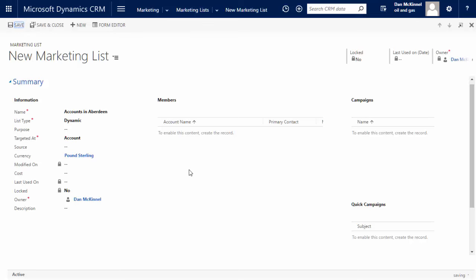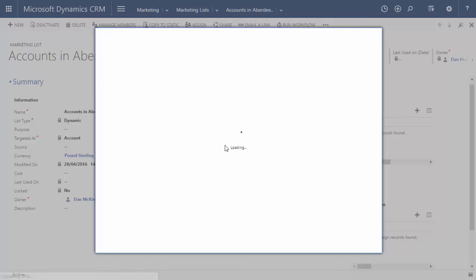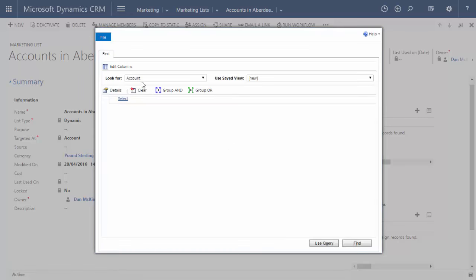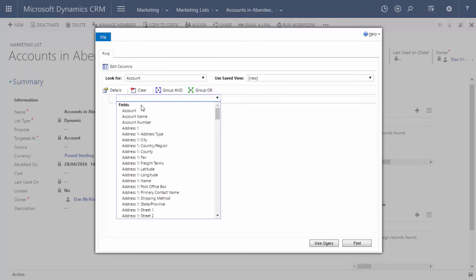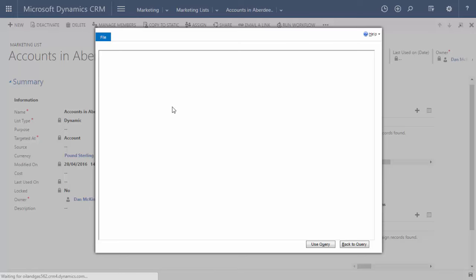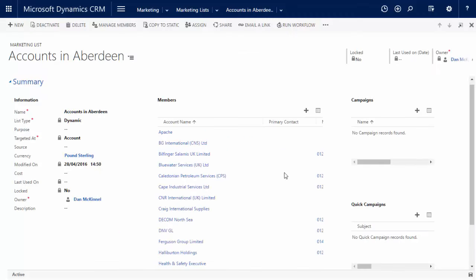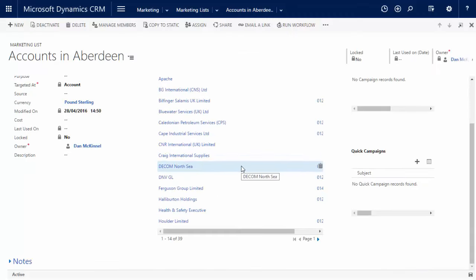So I've created my list. I'm going to manage the members of this list, and I'm going to say this list is made up of accounts where the city field equals Aberdeen. Simple as that. Hit find. It'll give me an overview of everyone to be added. I'll say I'm happy with that, so I use the query and there it is. It creates a list of all of our 39 accounts